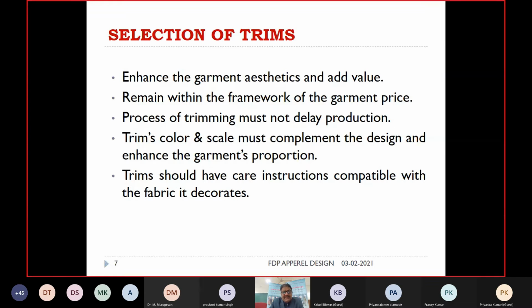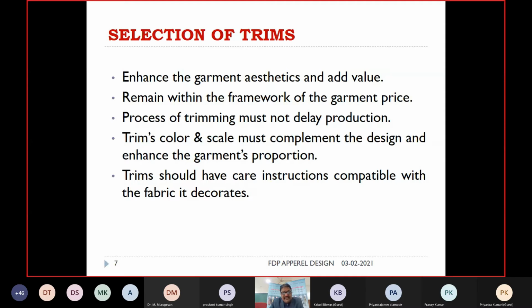And the lead time must not increase or be delayed due to the trimmings, attachment of the trimmings. And attachment of the trimming means procurement of the trimmings. So time is required for the procurement. So you must procure all the trimming before starting the production. So procurement of the trimming is a part of your production planning and control.